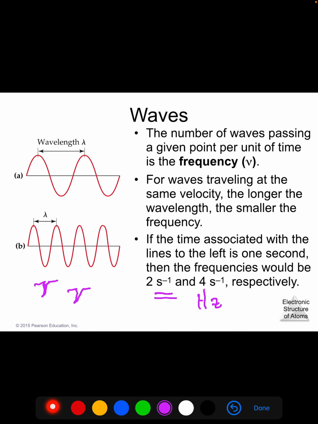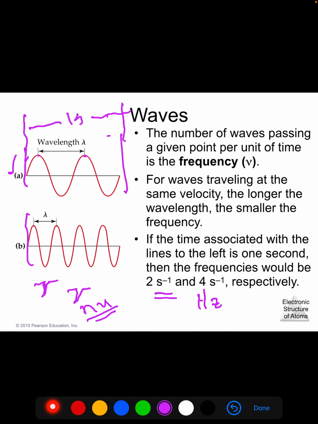This one, if this is 1 second, comes by 2 times. And its frequency, or this value nu, Greek letter nu, lowercase nu, that wave in part A has a frequency of 2 per second. If this period that we're observing is 1 second,